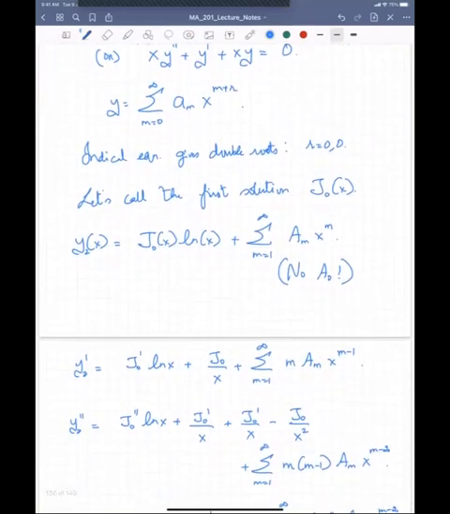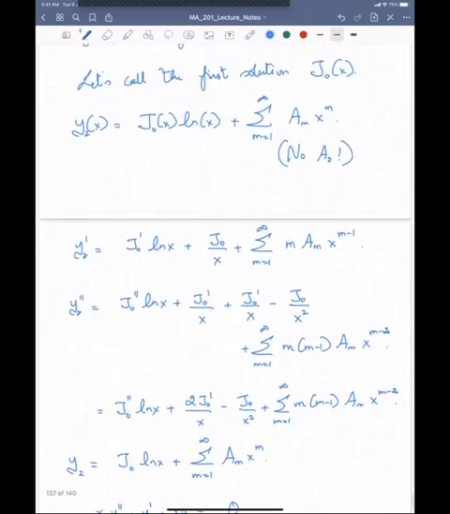Of course, in this case, the indicial equation will not be 0, 0. It will be plus minus 1. The roots are plus minus 1. So I will write, and plus minus 1, of course, differs by an integer. So I will write down the general solution for the case where the two roots differ by an integer. So I will write down the solution that is pertaining to that particular case,